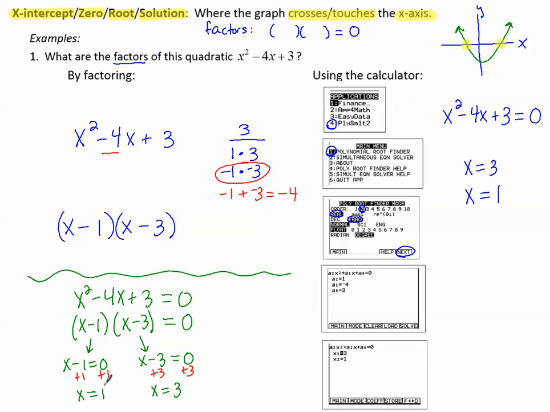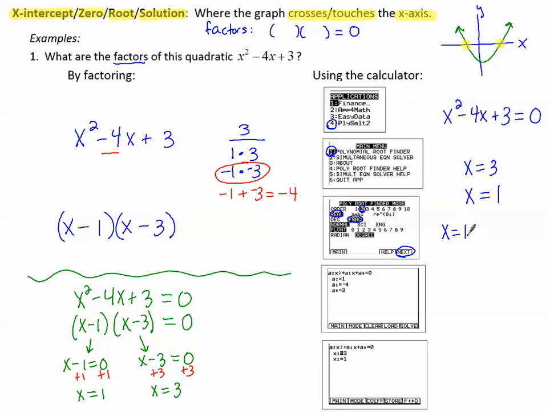Notice that when x equals 1, x minus 1 is the factor. When x equals 3, x minus 3 is the factor. So that's what we have to do when we start with the solutions or the zeros. We have to think backwards. So if x equals 1,